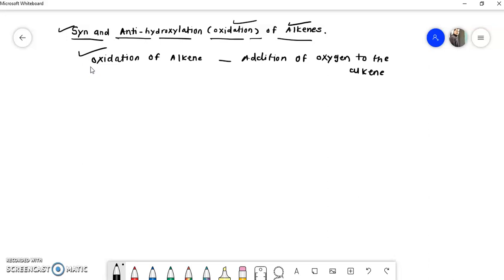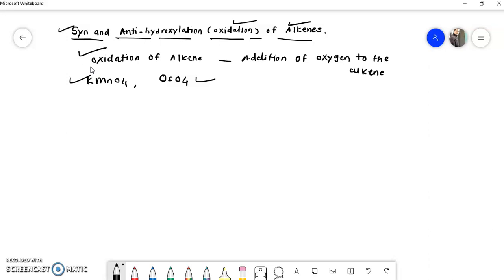Now this oxidation of alkene is carried out by using two reagents: one is KMnO4, potassium permanganate, and another one is OsO4, that is osmium tetroxide. Both are oxidizing agents and used generally for the oxidation of